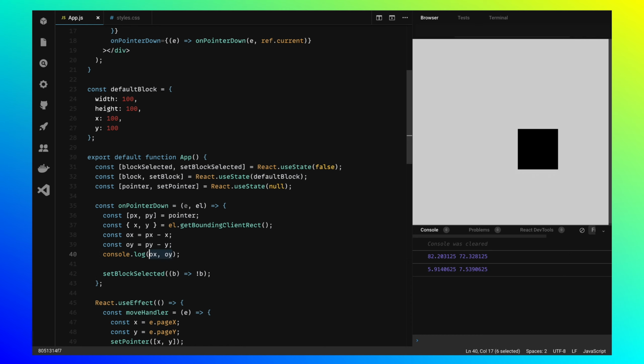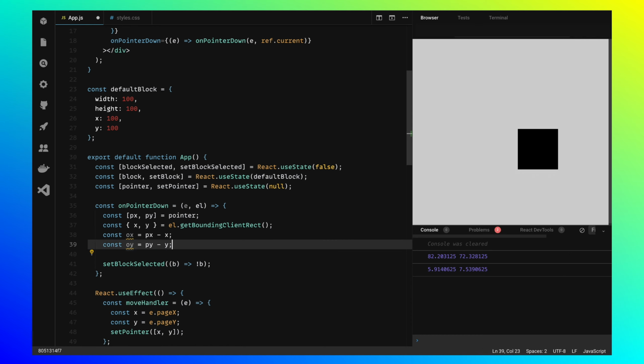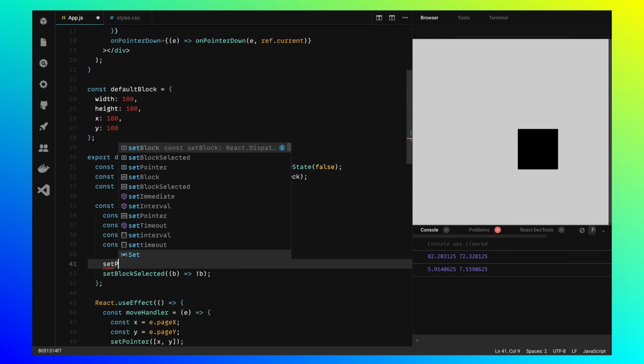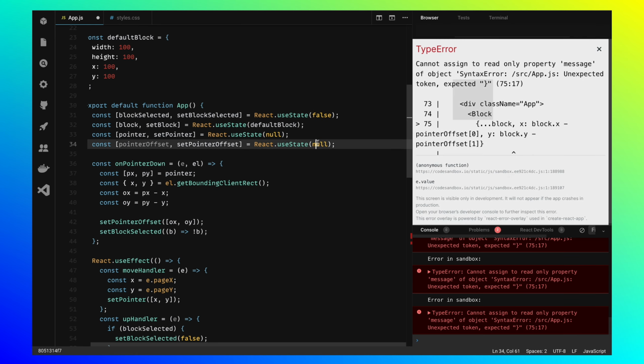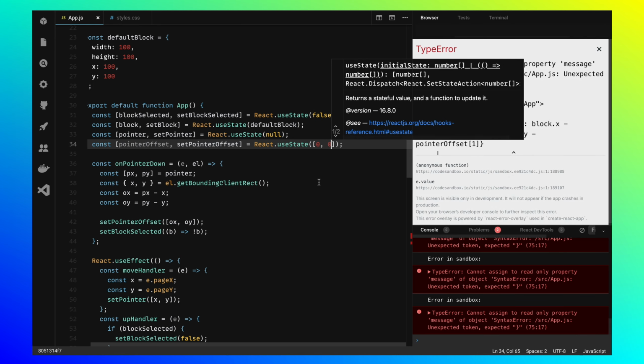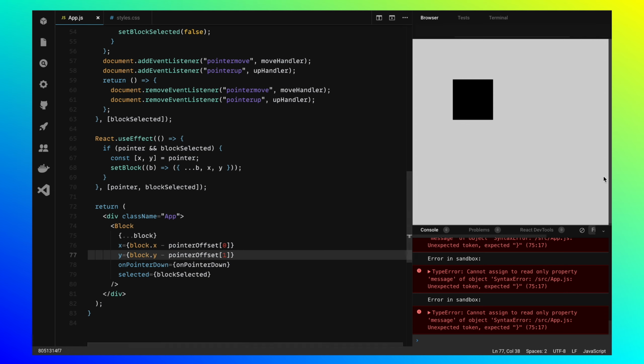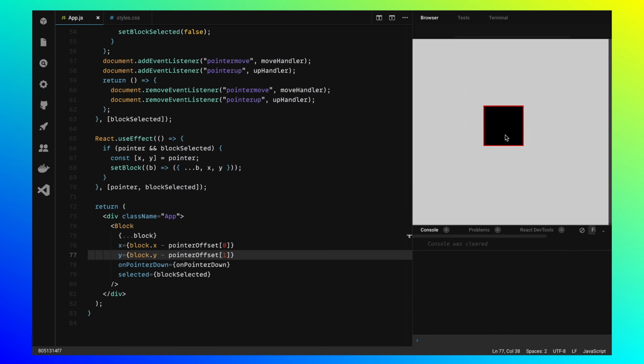So we'll store the offset in local state. We'll create another tuple with X and Y coordinates for the offset. Let's set them to 0 initially, and now we will add X and Y for the block together with the offset. Now you can see that it works, but there's some weird glitch when I just click on a block.